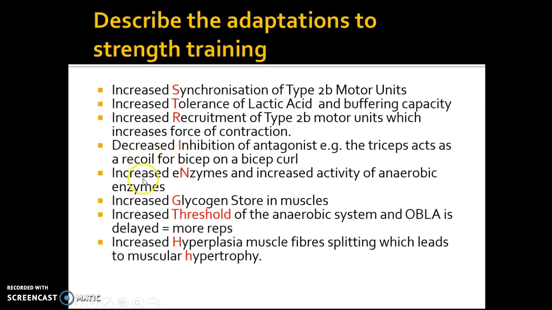Moving down, there's an increased activity of anaerobic enzymes such as PFK, such as GPP. These break down fuels such as phosphocreatine, glycogen, and allow you to contract more forcefully. Alongside that, you obviously have an increase in glycogen stores, PC stores. These are things inside your muscle that allow you to contract more forcefully. On top of that, if we go down to here, you have an increased hypertrophy and